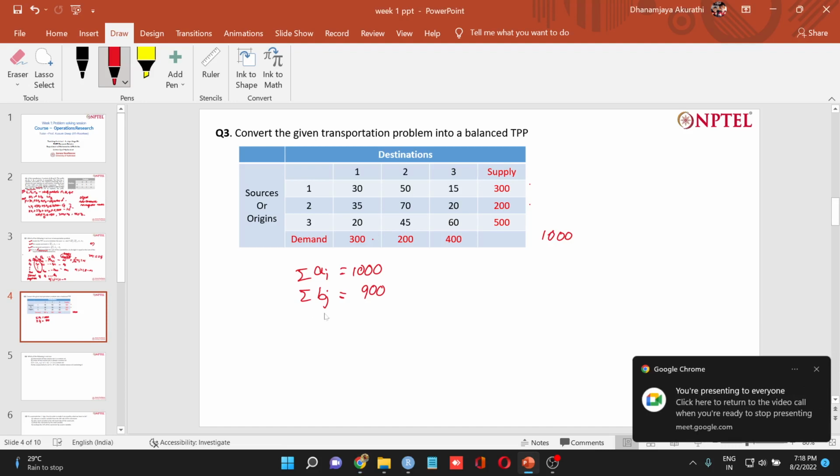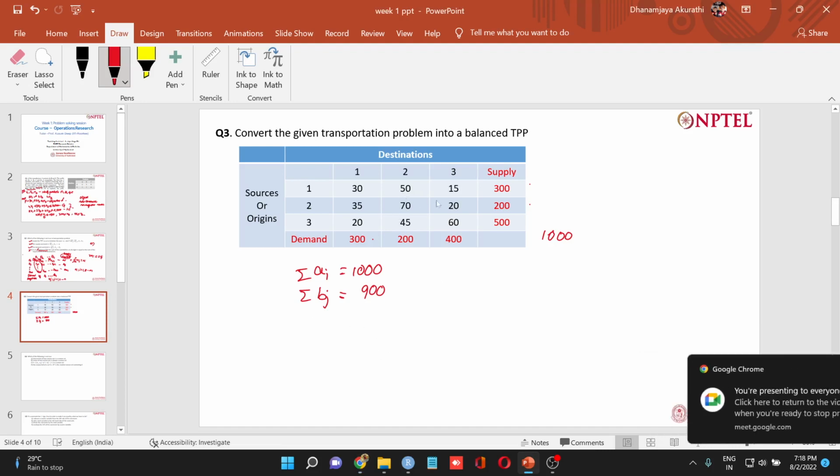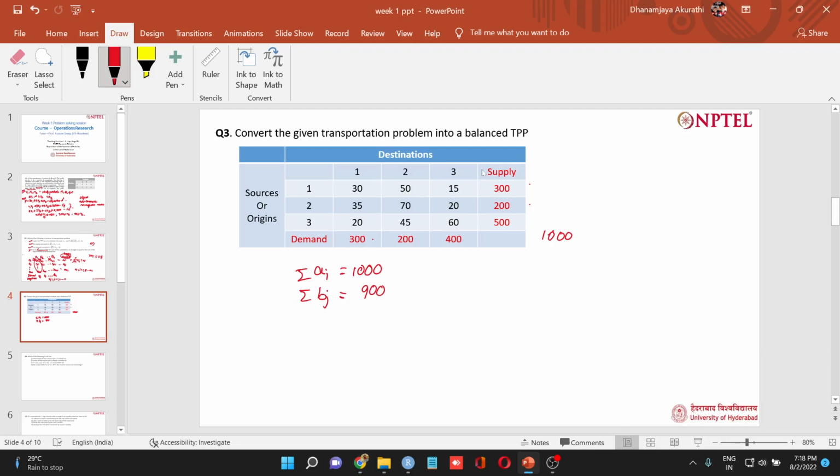To do this, we need to add a dummy source or a dummy destination. Here the supply is more than the demand, that means summation Ai is greater than summation Bj, so we need to add a dummy destination